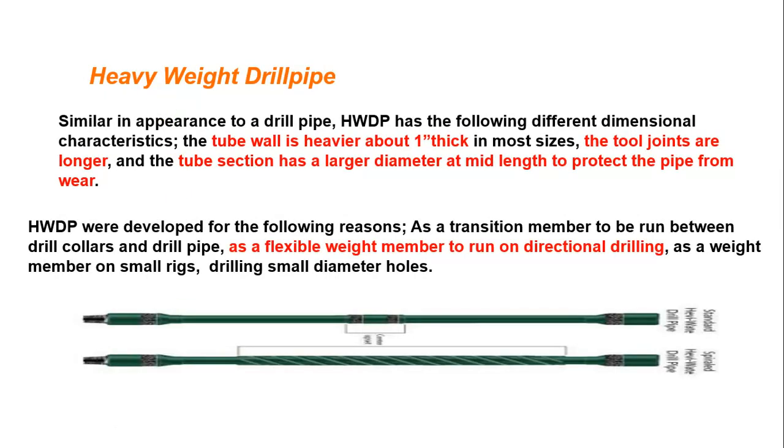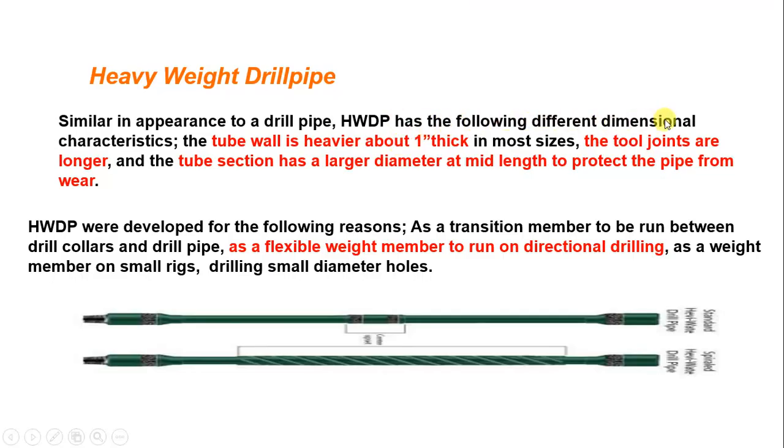It's called drill pipe. Now the second component is called heavyweight drill pipe, or HWDP. Okay. In appearance, it is exactly the same as drill pipe, but it has more tension capacity, or more yield capacity over the drill pipe. It can withstand more tension than the drill pipe. So it's similar in appearance to the drill pipe, with the same outer diameter. For example, drill pipe 5.5, and also we have heavyweight 5.5. So the outer diameter is the same, but the internal diameter is less than the drill pipe.